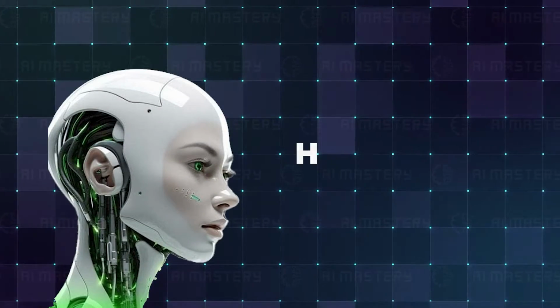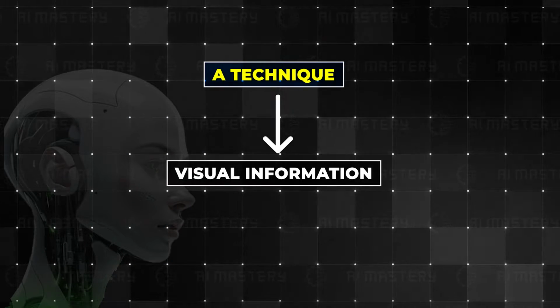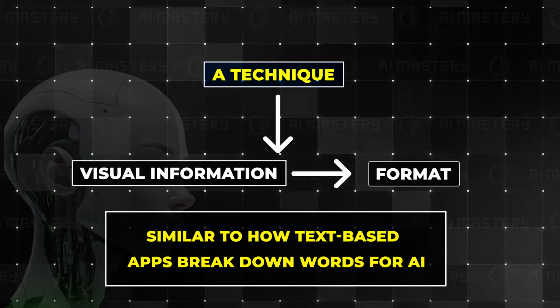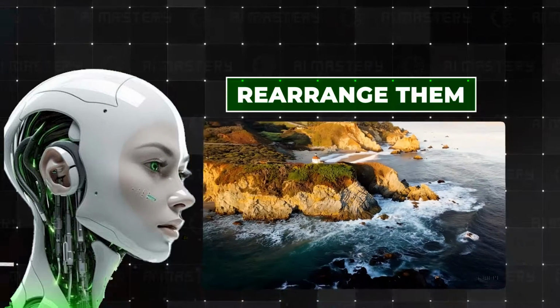Now the question is, how does SORA do this? SORA's innovation relies on a technique that transforms visual information into a format it can understand, similar to how text-based apps break down words for AI. It divides video data into parts and compresses them for easier handling, allowing SORA to rearrange them to create various